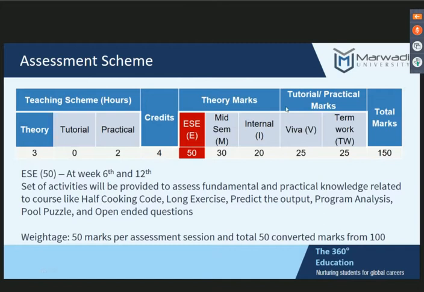So as far as end semester examination is concerned, I've identified a set of activities from the discussed ones like half-cooked code, long exercise, predict the output, analysis, full puzzle, open-ended questions. As far as mid-semester examination is concerned, what I did,